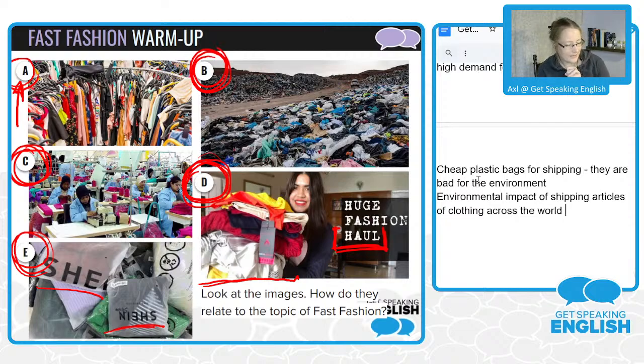Any other thoughts about these images before we move on? Also, let me know, do you buy from these companies? Do you tend to support these companies? I know people who do, I know people who don't, but